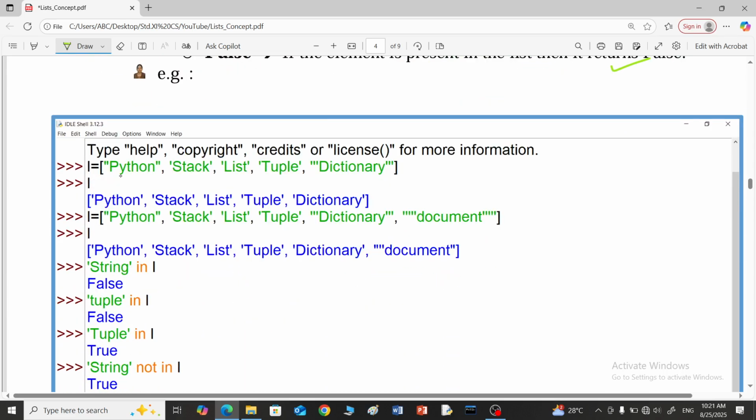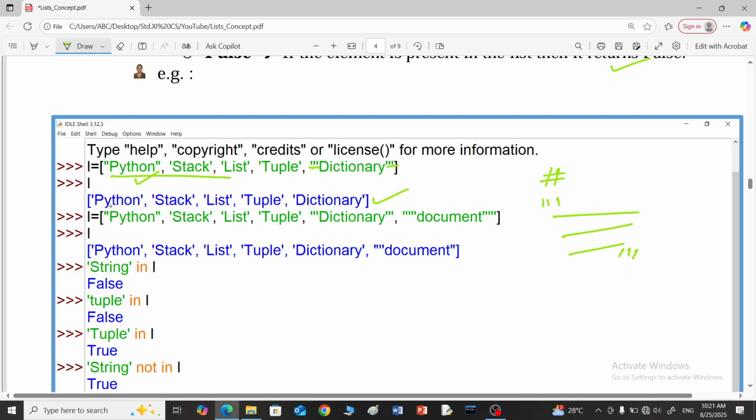See, this is the list. Now I have displayed L here. Look at here, you can see that I used 3 quotes in this string, for multi-line comments. For single line comments, we use a hashtag in the Python program. For multi-line comments, we use 3 quotes. Now in a string also you can use triple quotes or more than triple quotes. So look at here, I use triple quotes, double quotes, and whenever it displays,